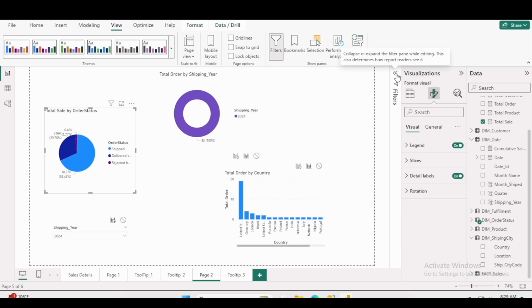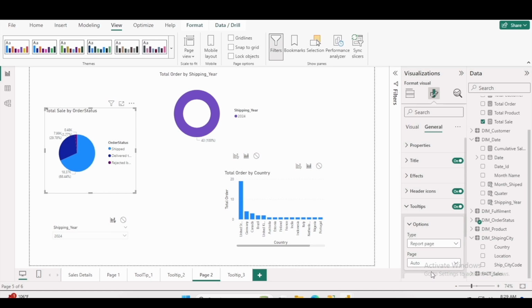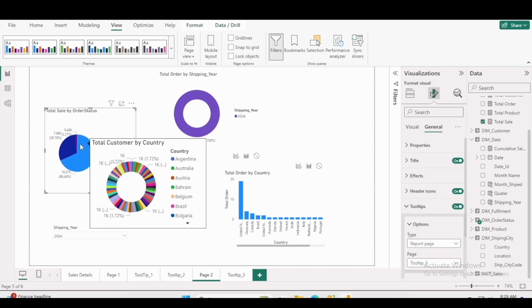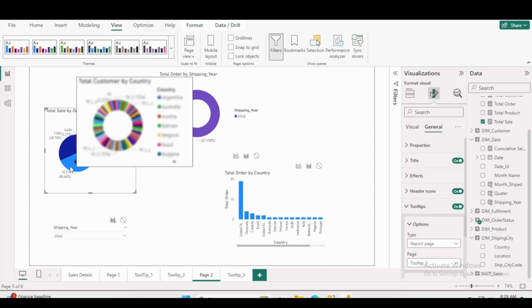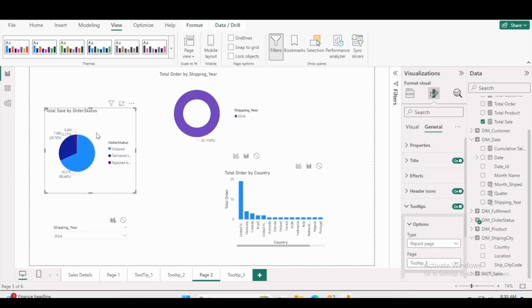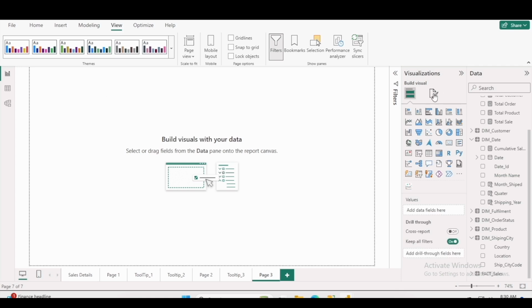Here, let me move this, general settings are there, and you will find tooltip. Okay, by default it is on because it is representing the default things that we are getting. But yes, this time we are going to add our tooltip 3 here, and what we are getting is a graph on the basis of how we are moving our mouse over this section. Create one more. Here, go to this one,